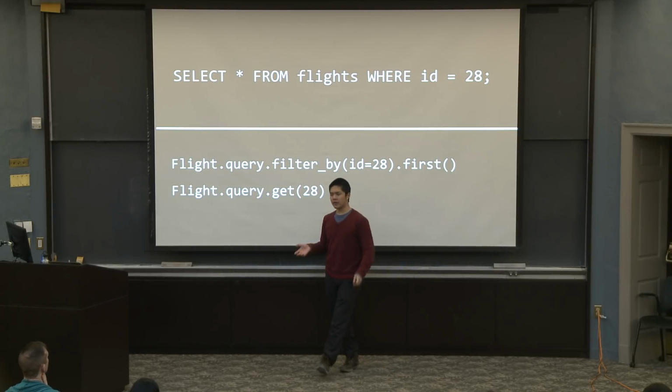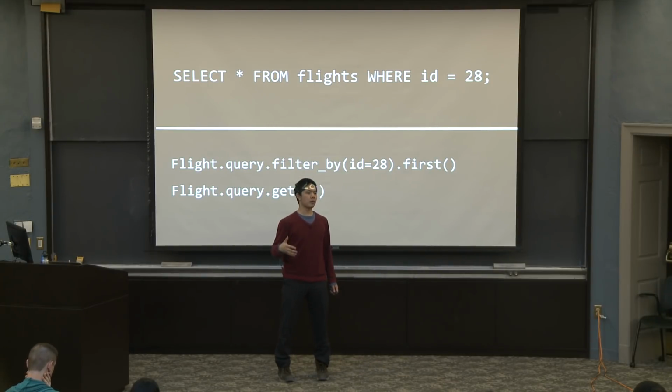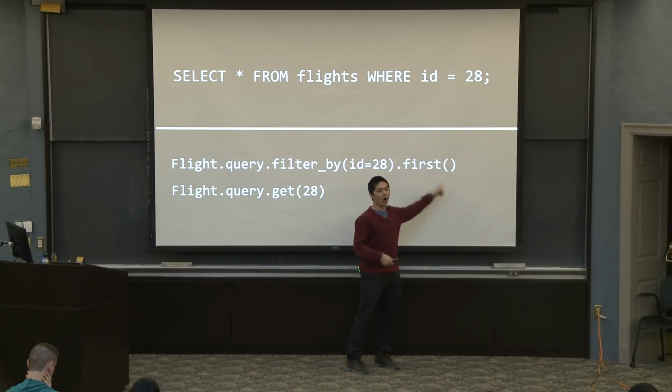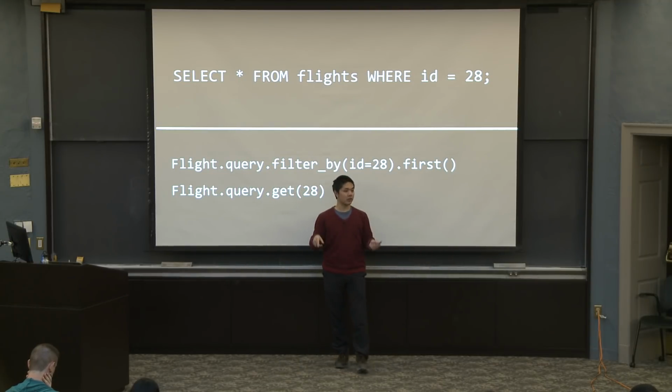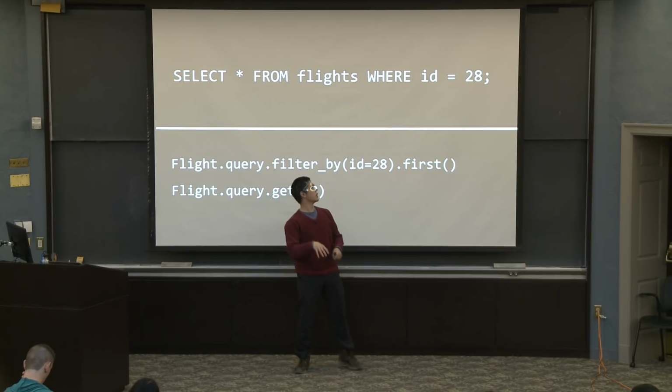The ORM doesn't know necessarily that there will only be one result, even if you know. So if you did filter by ID equals 28 .all, what you would get back is a list. And that list would probably only have one thing in it. But it's still a list, and you would have to do that square bracket 0